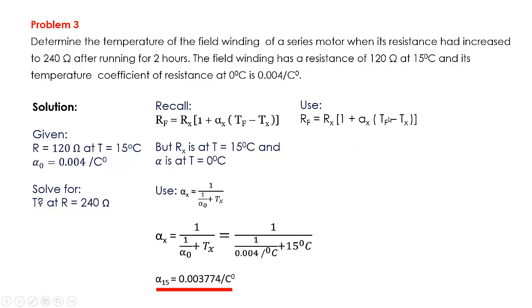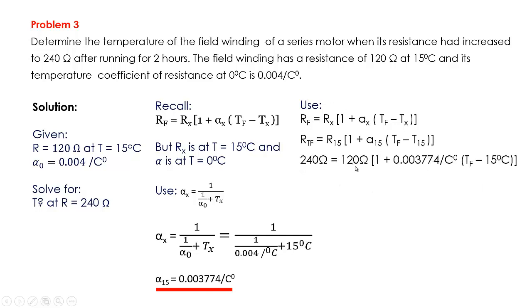In this case, okay, meron tayo nung resistance at the unknown final temperature, which is equal to 240 ohms. Okay, i-plug in lang natin yung mga values sa ating equation. So, we have 120 ohms times 1 plus 0.003774 per Celsius degree. Ito yung nakuha natin kanina na temperature coefficient of resistance at 15 degrees Celsius. Tapos, we need to find the unknown final temperature minus the 15 degrees Celsius. Paki-input lang po siya sa inyong calculator, then shift solve. And with that, we obtain the answer, which is equal to 279.97